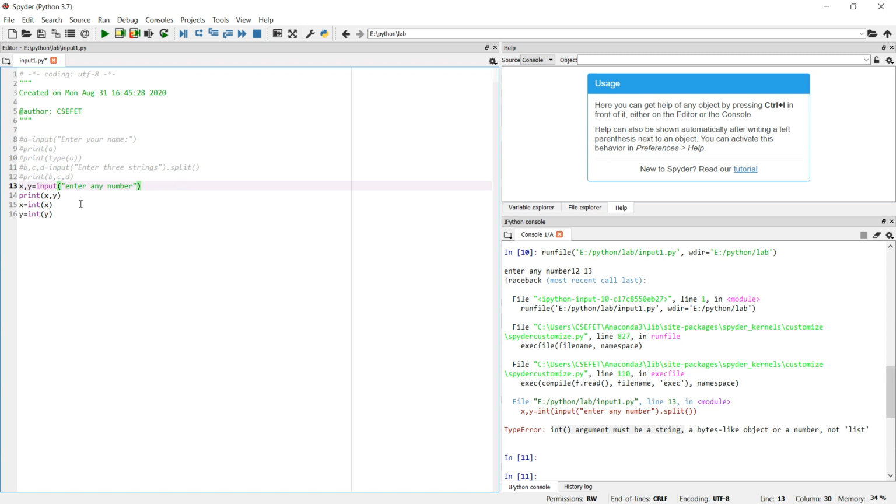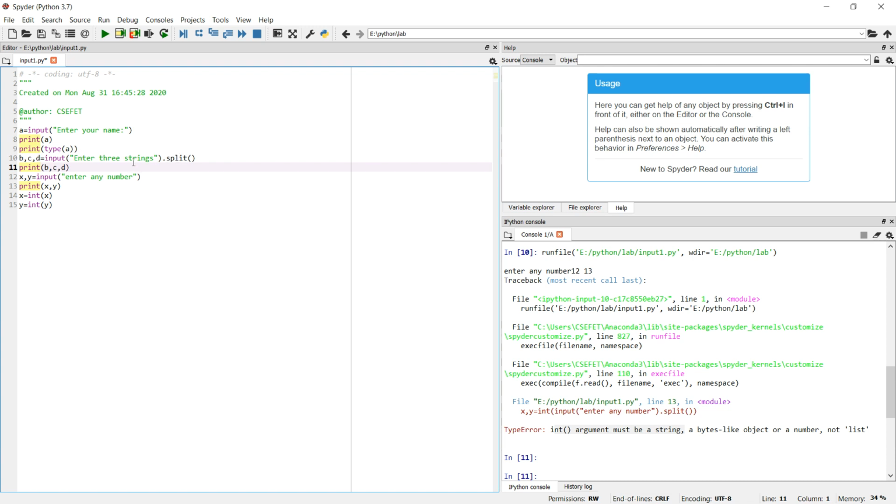So now to summarize, this input function can be used to give an input. By default, it will take the type string. To convert it into an integer, we have to use typecasting int. We can give more than one input, if we are not bothered whether it is an integer or a string, simply by writing commas and using split.